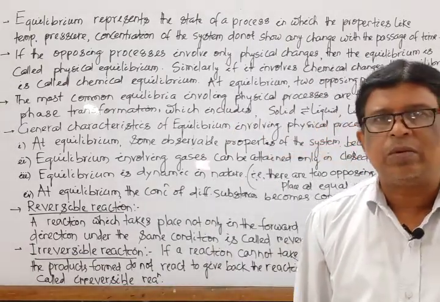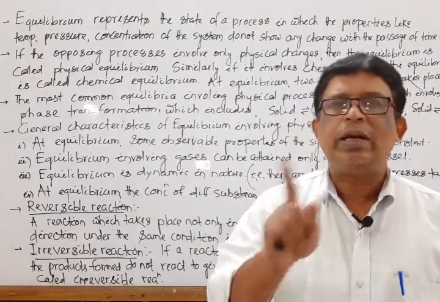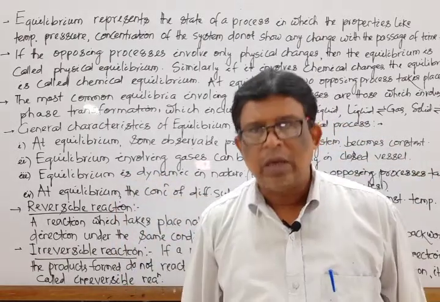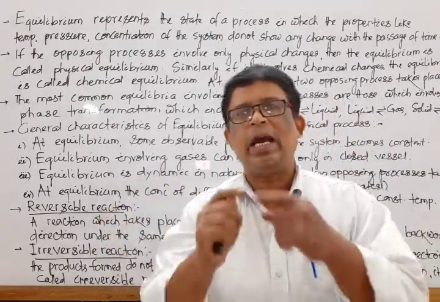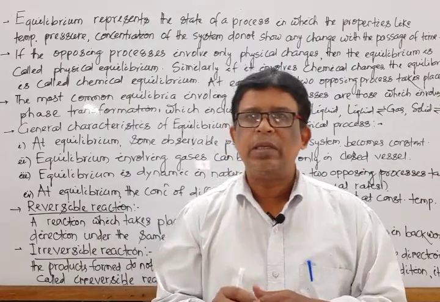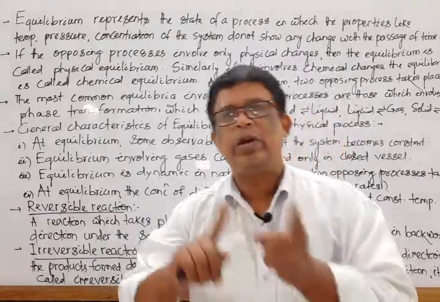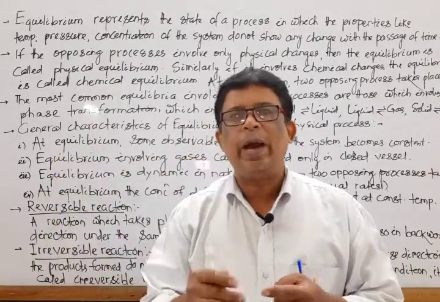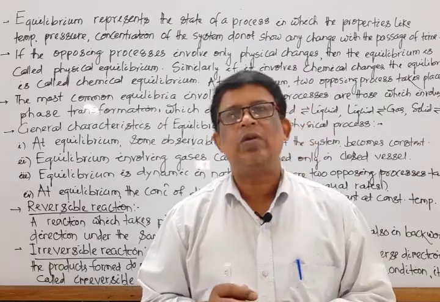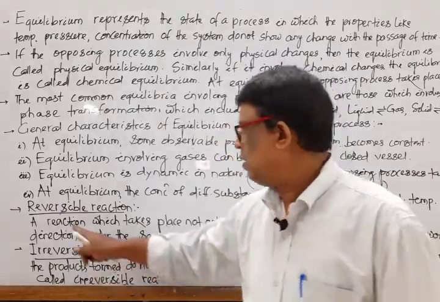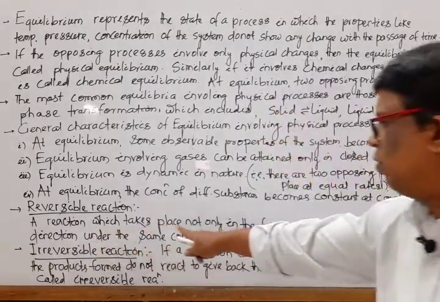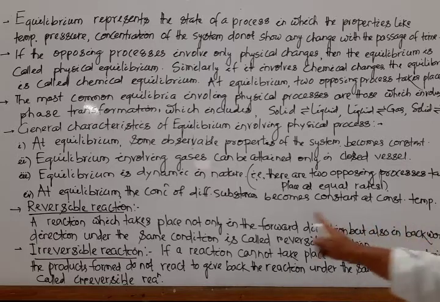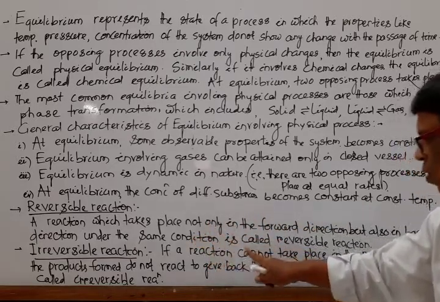First one is reversible reaction. Reversible means the reaction is reverse in nature, meaning the reaction proceeds in both directions, reactant to product and product to reactant. When the reactants react completely to give the product under the same condition of temperature, and the product also returns back to its original reactant, it is known as a reversible reaction. Mark that. A reaction which takes place not only in the forward direction but also in the backward direction under the same condition is known